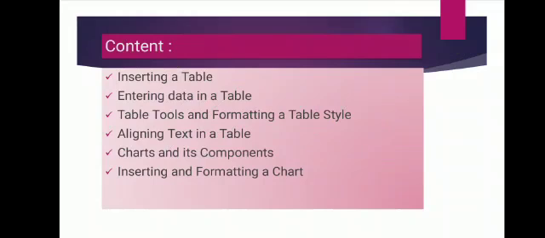So before starting the chapter, let me inform you that at the end of this video, I have given some questions related to this chapter. Your work is to find the answers to those questions and write them in your computer assignment copy. Clear? So listen to the explanation carefully.